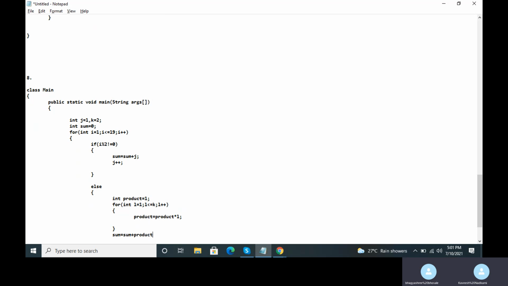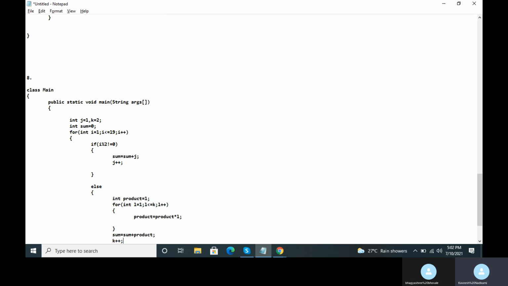And whatever addition result you have got, you will assign it as the new value of the sum variable. Okay. And after that, this variable k which is there, that also you must increase by 1. And again make sure that this k plus plus must be inside the body of your else block.